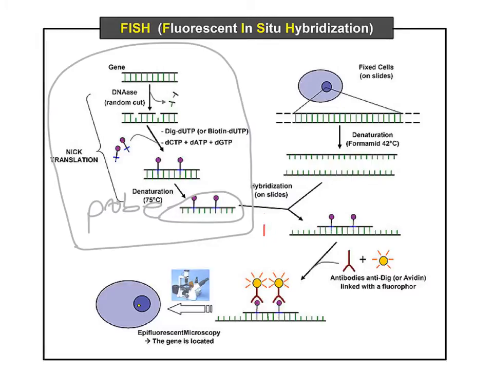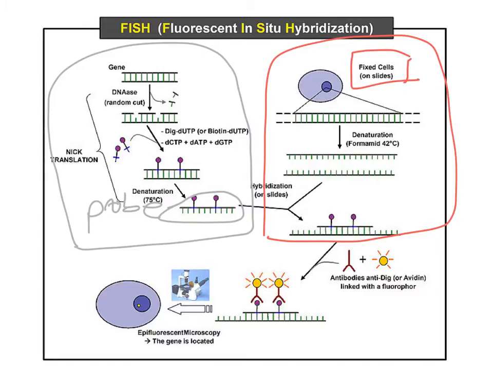On the other side of the slide here is preparing the chromosomes that we're going to apply that probe to. You take a cell, you break it open, you make sure that the chromosomes in the nucleus adhere to a glass slide. So fixed cells on slides. So this is cytoplasm. The darker blue is the nucleus. And then that probe DNA sequence